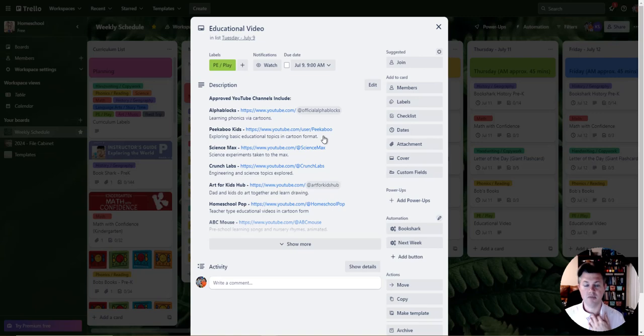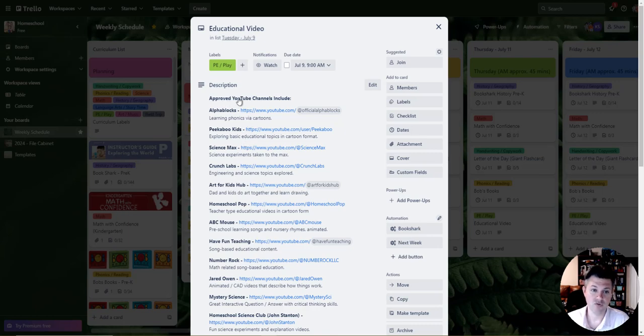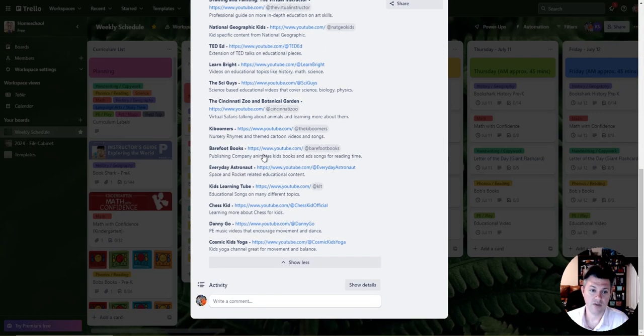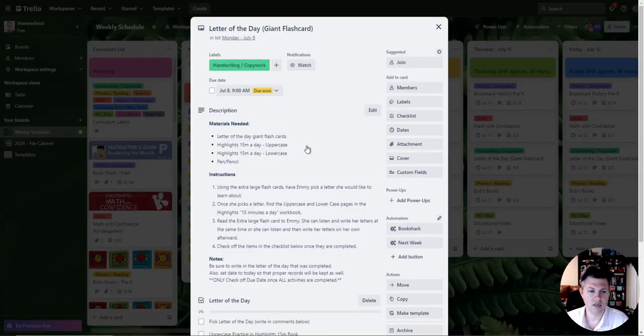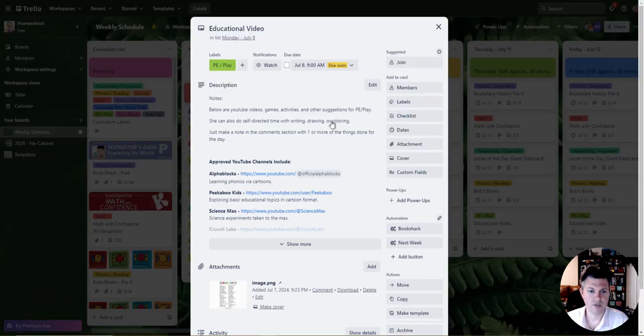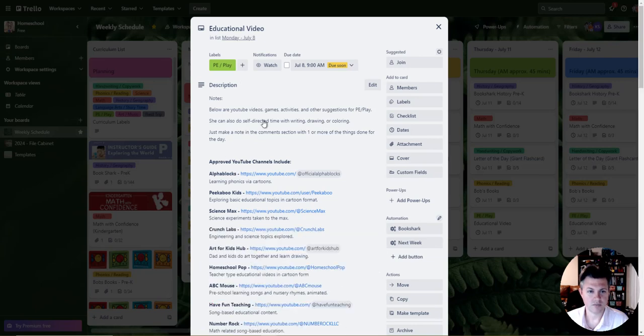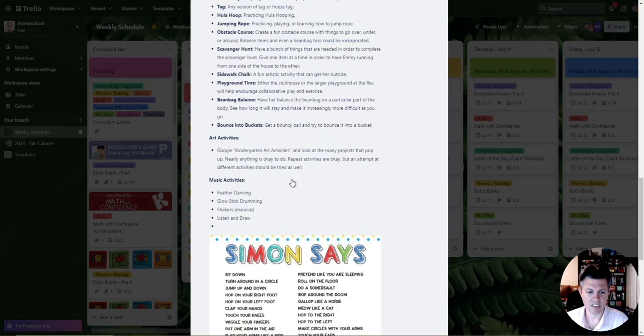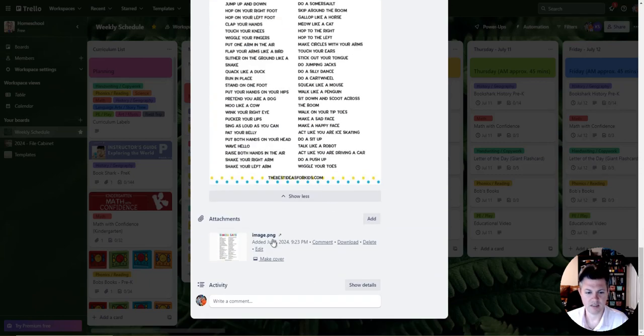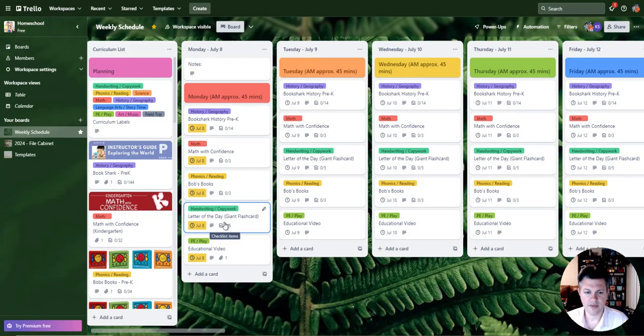And then we have this PE play. This is where we took all of our other stuff and combined it down into one. And the way I did that is I have approved YouTube channels, and then I have additional stuff as well, which I haven't copied over yet. But there we go. It says it's basic games, activities, any self-directed time. So there's approved YouTube channels, PE activities, art, music, Simon Says, all uploaded there. And that will get copied over just like I did with the geography with that